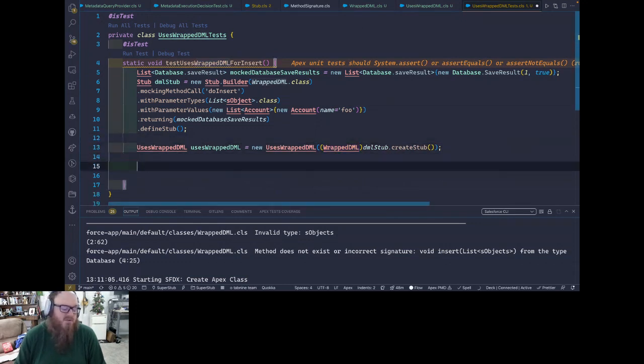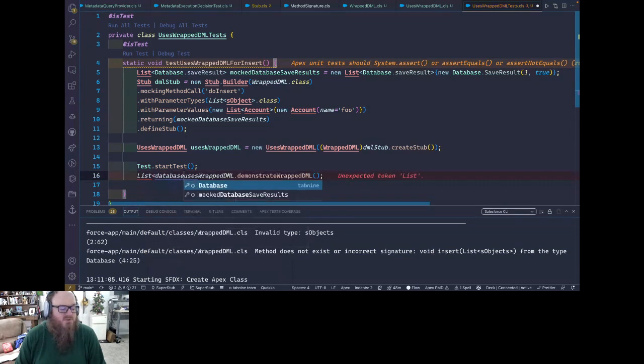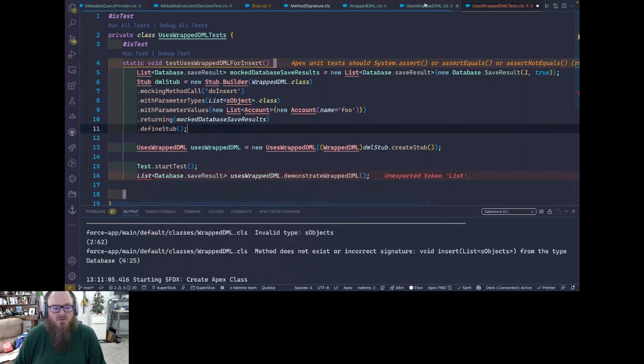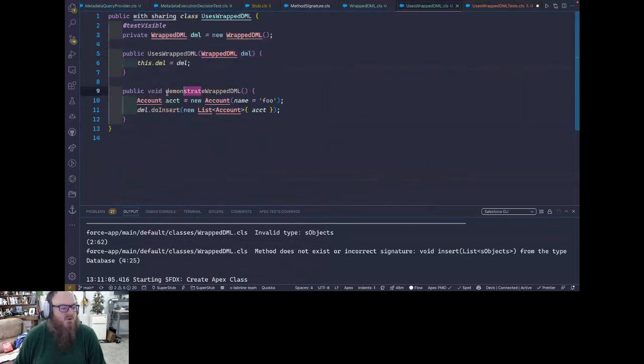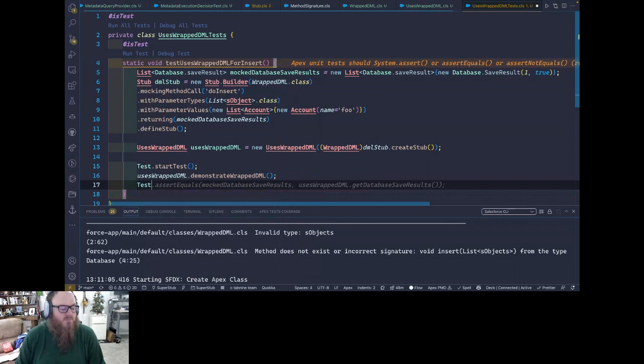And once we've done that, now we can do Test.startTest, and we can do usesWrappedDML.demonstrateWrappedDML, and this is going to be a list of Database.SaveResult, and I think that's right. No, that's void. Okay. Because our other thing is we're just going to execute it as a void, and we're going to do Test.stopTest,